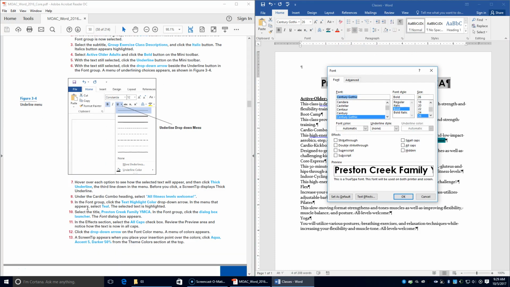The font dialog box appears. In the effects section, which is down here, we are going to choose all caps. Review the preview area and notice how the text is now in all caps. So I went from here to there. Okay,